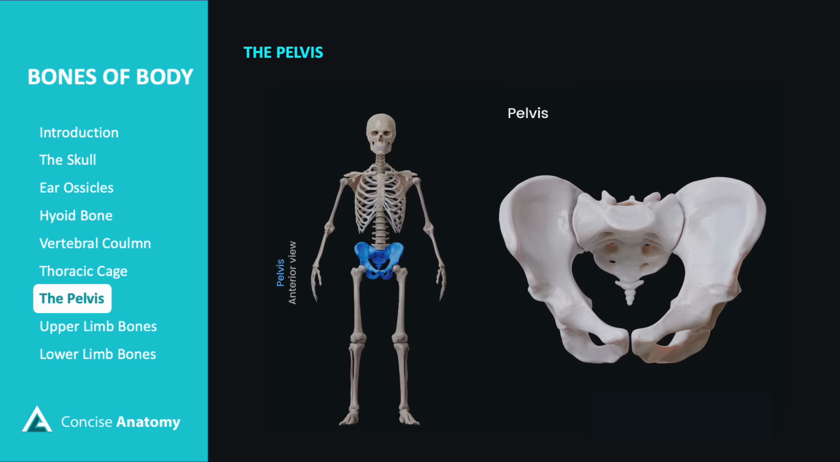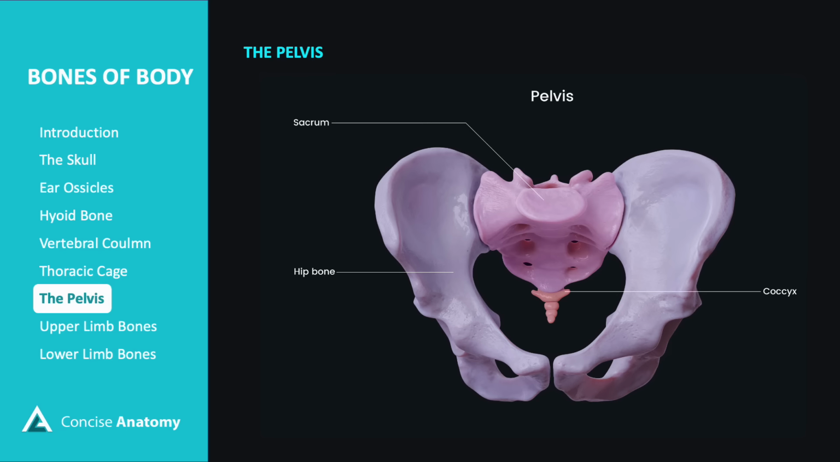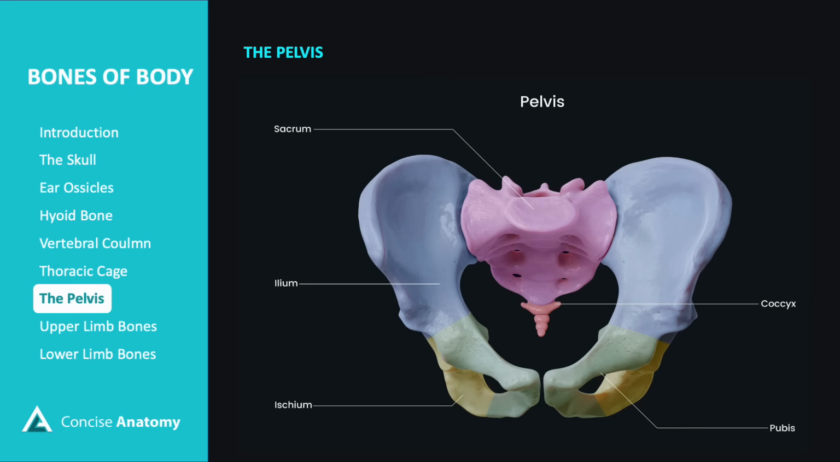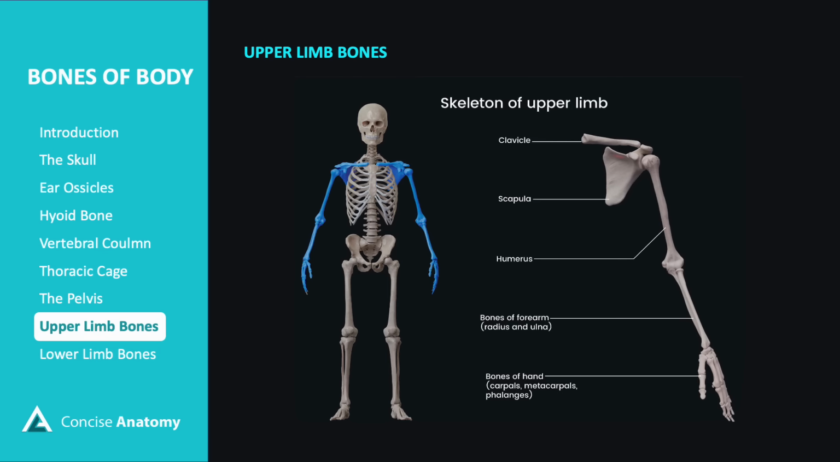The pelvis is a bony structure located at the base of the spine, forming the lower part of the trunk. It is made up of the sacrum, coccyx, and the hip bones, which are formed by the fusion of the ilium, ischium, and pubis. Each upper limb contains 32 bones, including the clavicle, scapula, humerus, radius, ulna, carpals, metacarpals, and